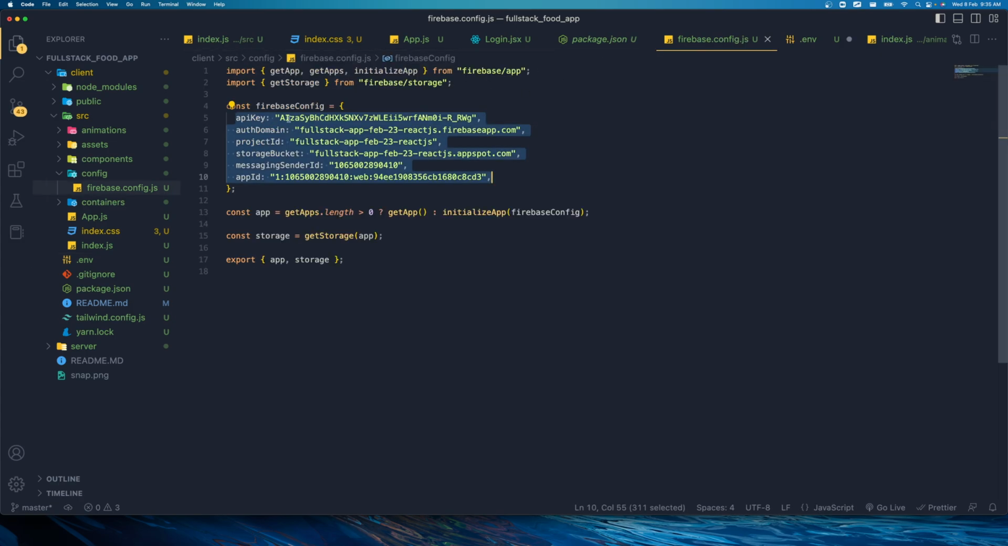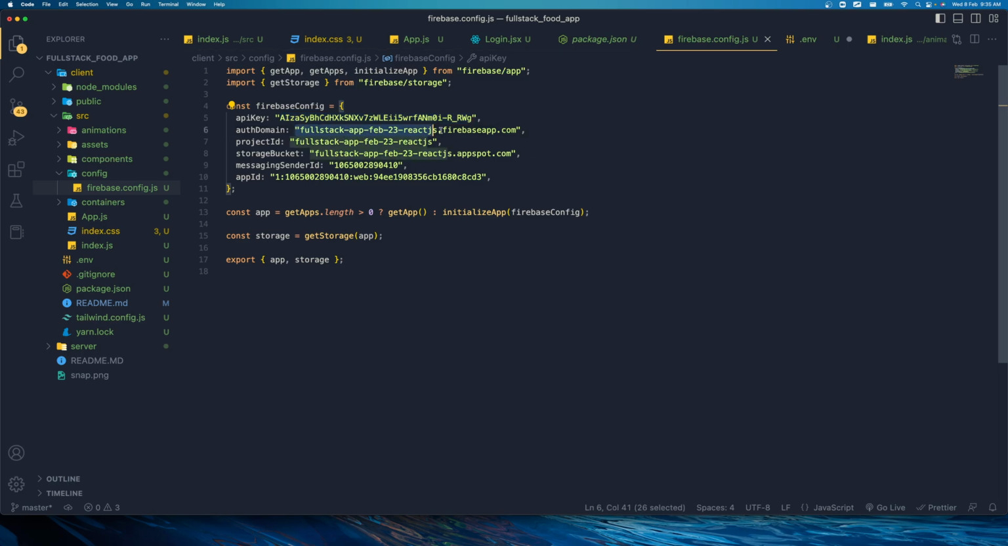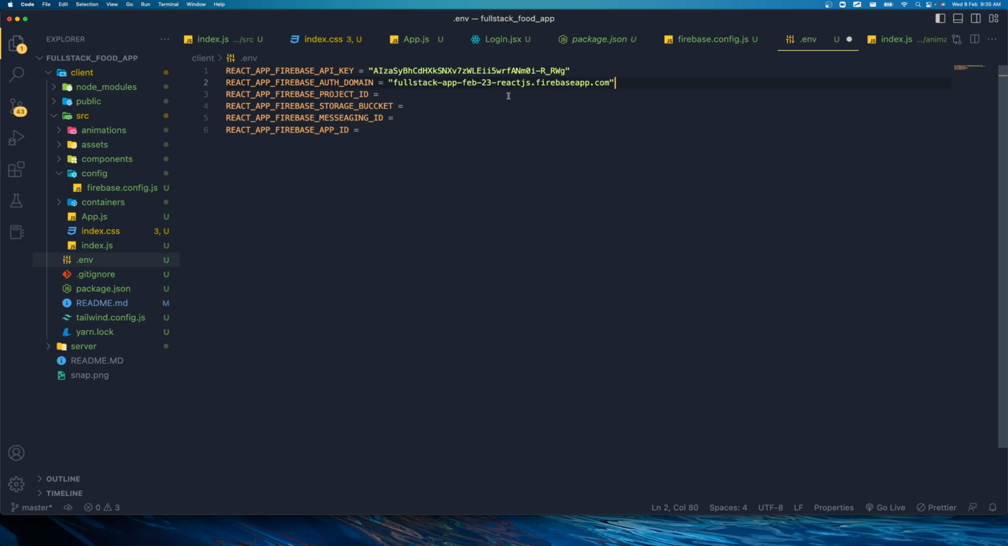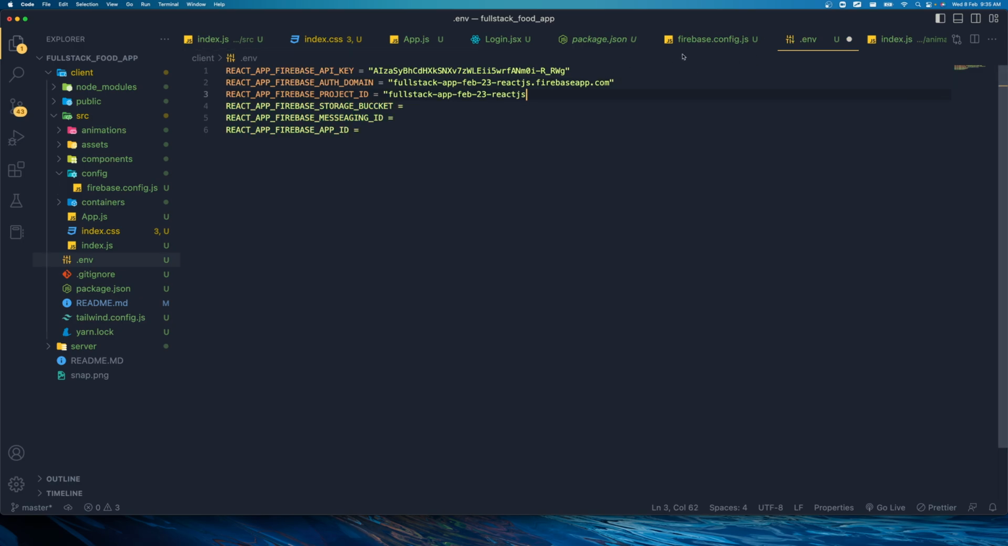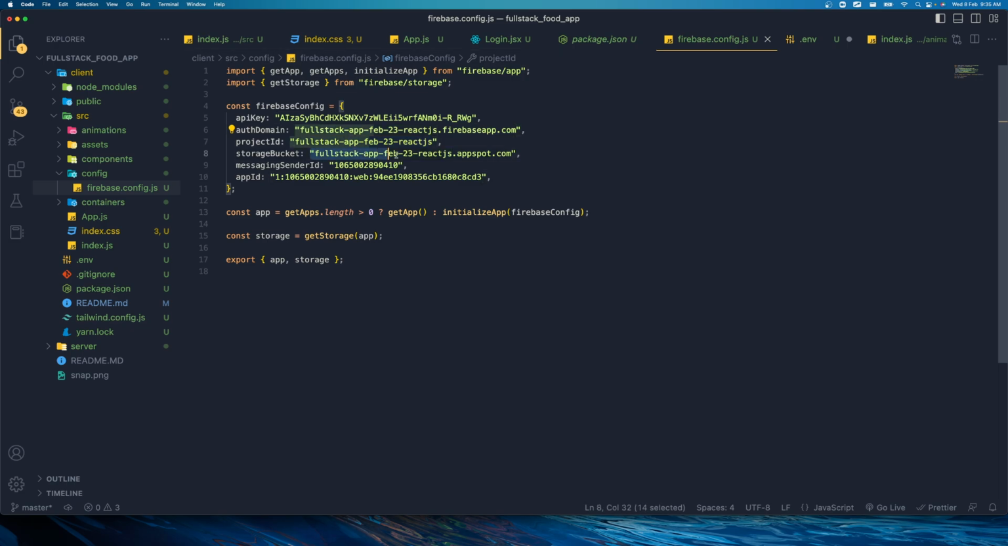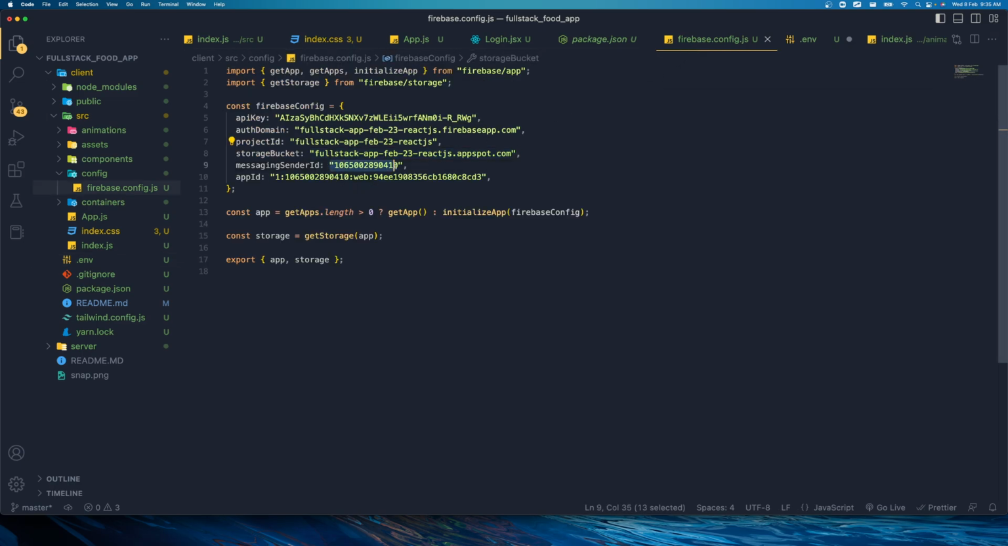Now all you have to do is copy and replace these keys one by one. Copy and paste it inside the double quotes, and then copy this from here, auth domain, put it exactly into the auth domain, then project ID, copy it and put it in the project ID. Don't miss the double quotes. Put the storage bucket exactly into your storage bucket variable, and then copy the messaging ID,